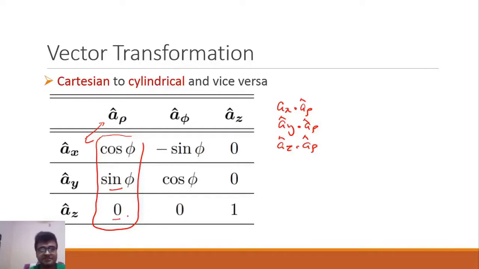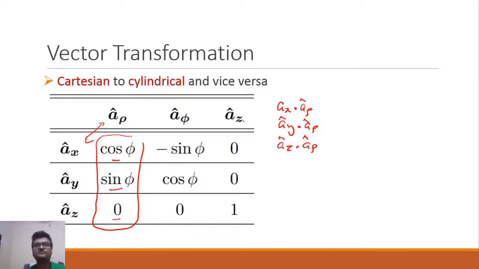See, cos phi and sin phi come from a derivation. Actually, we have seen this trigonometry, a little bit of how it comes, in coordinate conversion. This geometry we know from coordinate conversion. But again, I am telling you that you just have to remember and memorize them. They are not that difficult. If you memorize them, you can directly solve the questions which come in vector transformation.